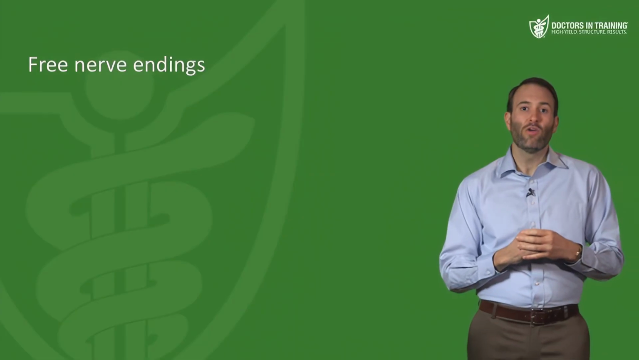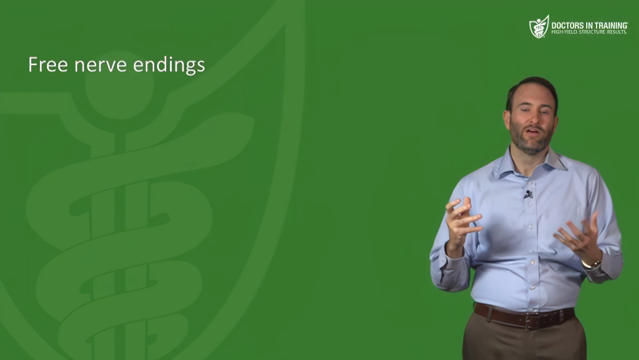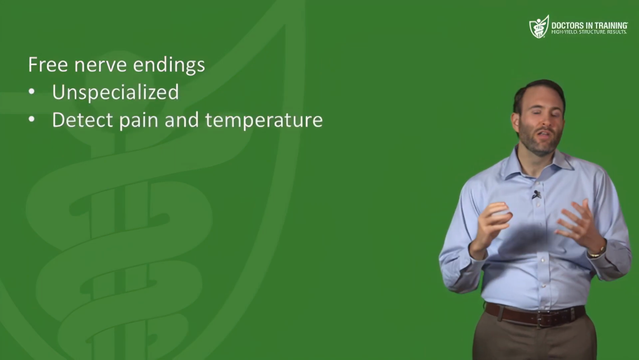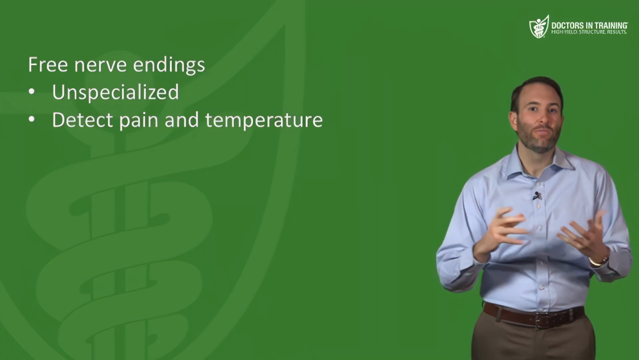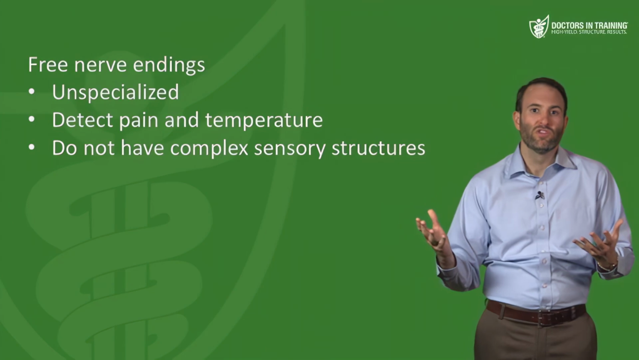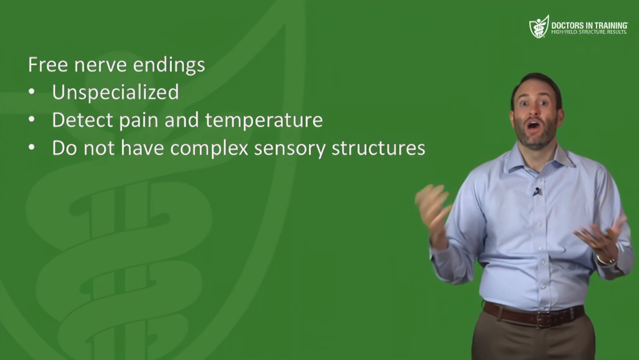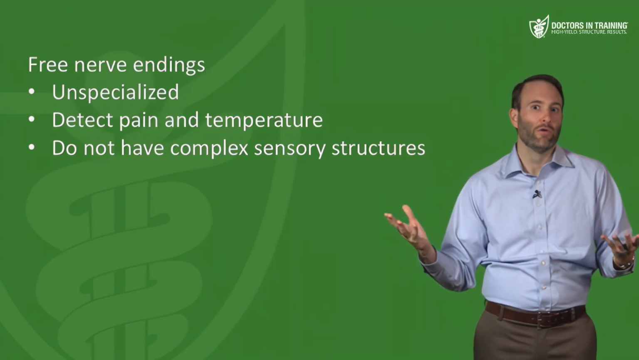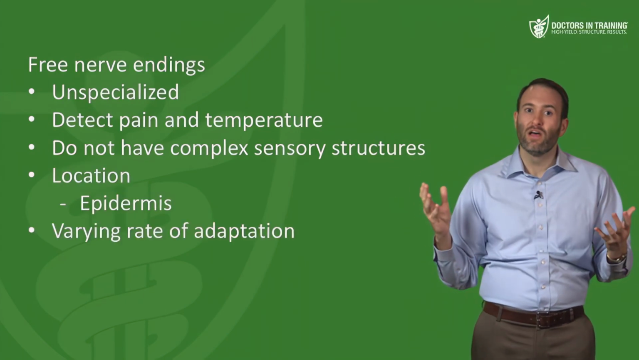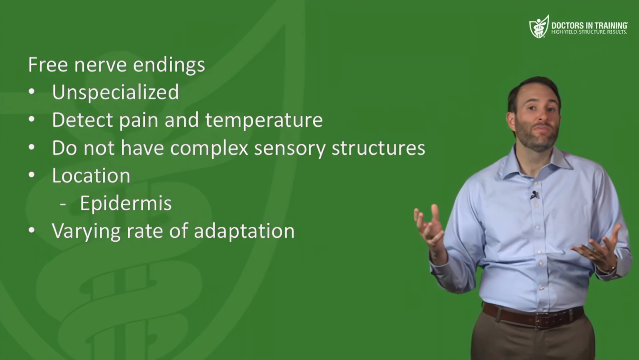And then our final one are the free nerve endings. They don't get a funny name. These are unspecialized nerve endings. They're primarily going to detect pain and temperature. Now, they have no complex sensory structures like the previous receptors that we just talked about, but they are still the most common type of nerve ending. They're kind of the generic version. Now, they're found in the epidermis and will vary in rate of adaptation depending on the type of sensory nerve